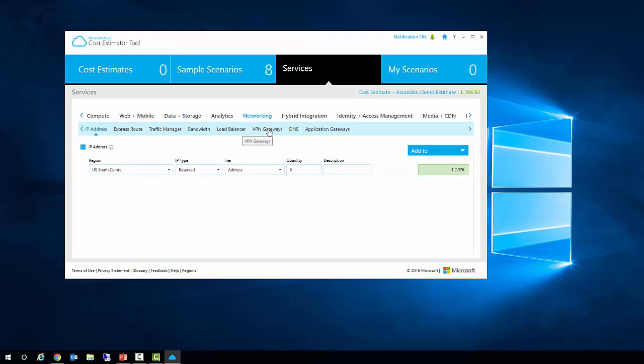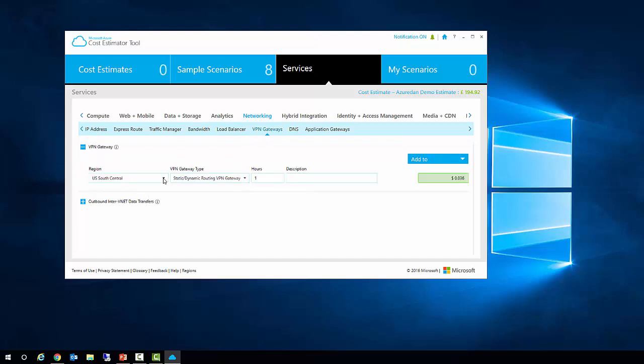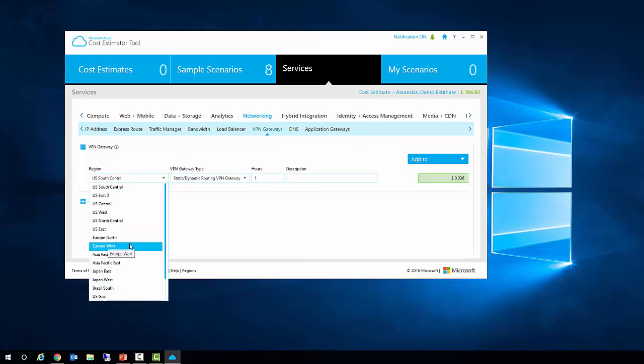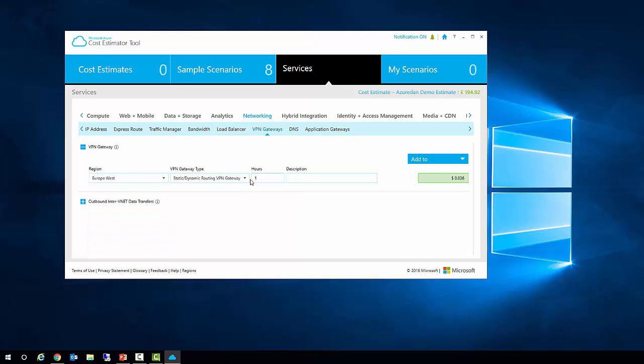So maybe I want a VPN gateway. If I go ahead and say VPN gateway, I want that hosted in Europe West. I want it to be a standard VPN gateway. It's going to be running for 744 hours. Okay, so it's going to be VPN gateway to Azure DC. And then from there, I can go ahead and add that to the solution